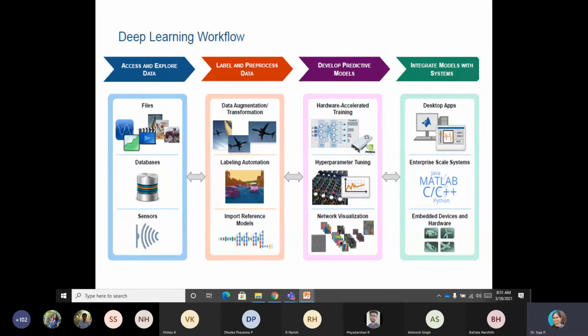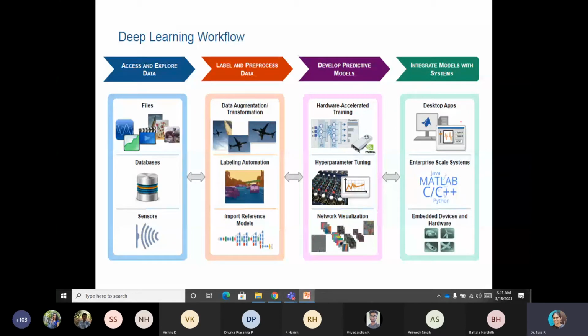This part I will explain in detail. The hardware accelerated training will be explained in more detail later. The hyperparameter tuning, we will discuss what the hyperparameters are and how they can be tuned. And this network visualization we have just discussed.